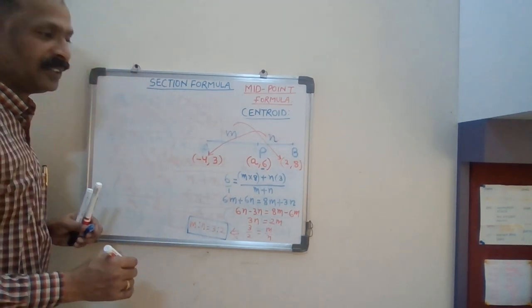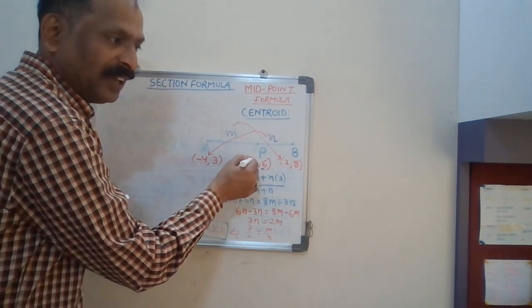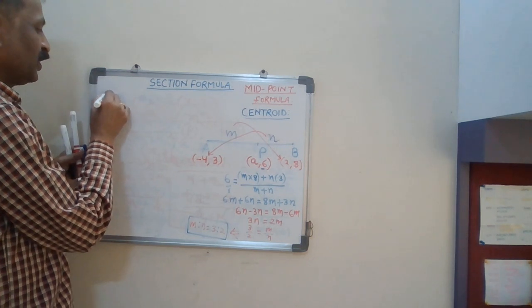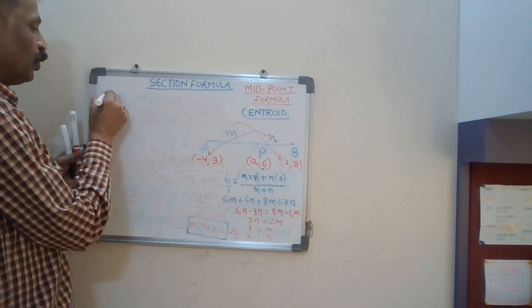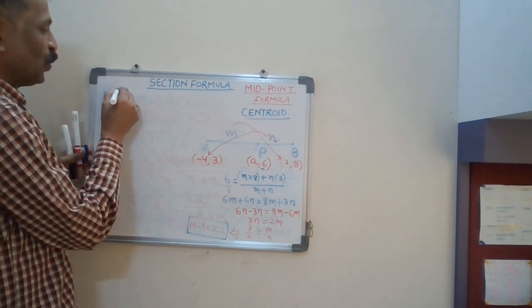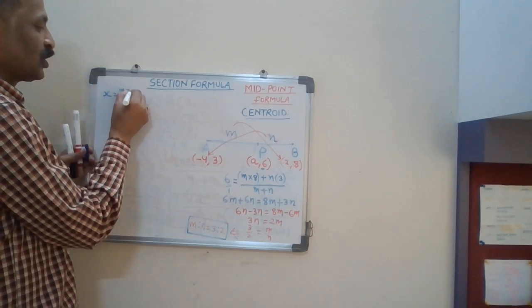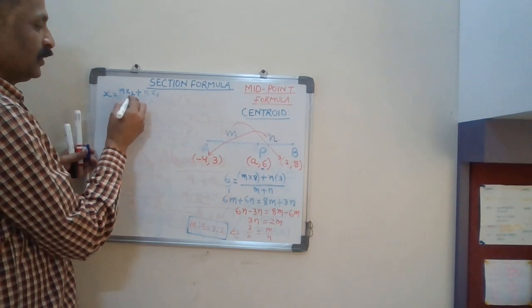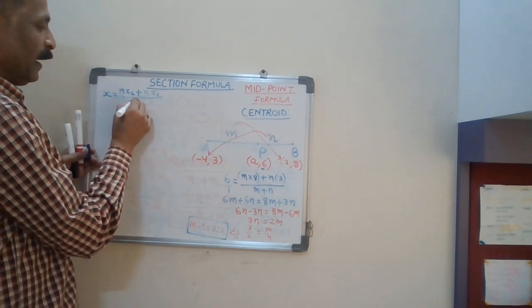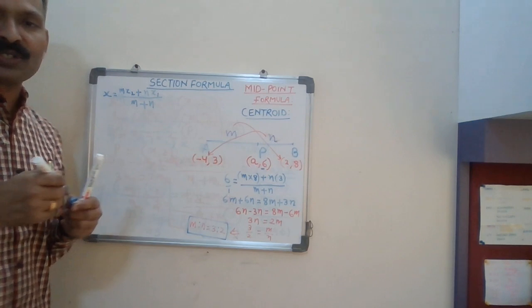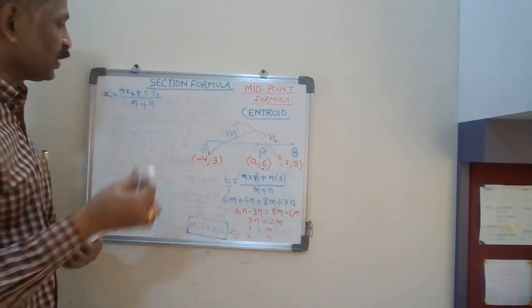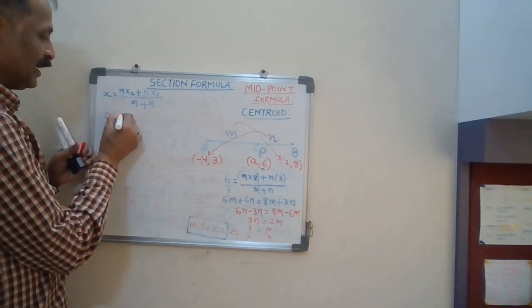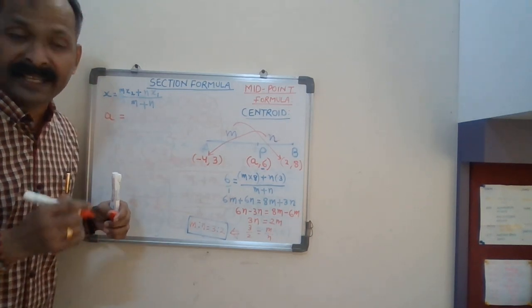But they don't stop here. They wanted to know the value of a. So now you apply the x formula. Okay. If you have not forgotten, please write the x formula. What was the x formula? Here you can generate your own. m will go with x2, n will go with x1, upon m plus n, because I am using m and n. So children should not be confused. Okay, so now substitute the values. So x means here they are saying a, so I am finding a.